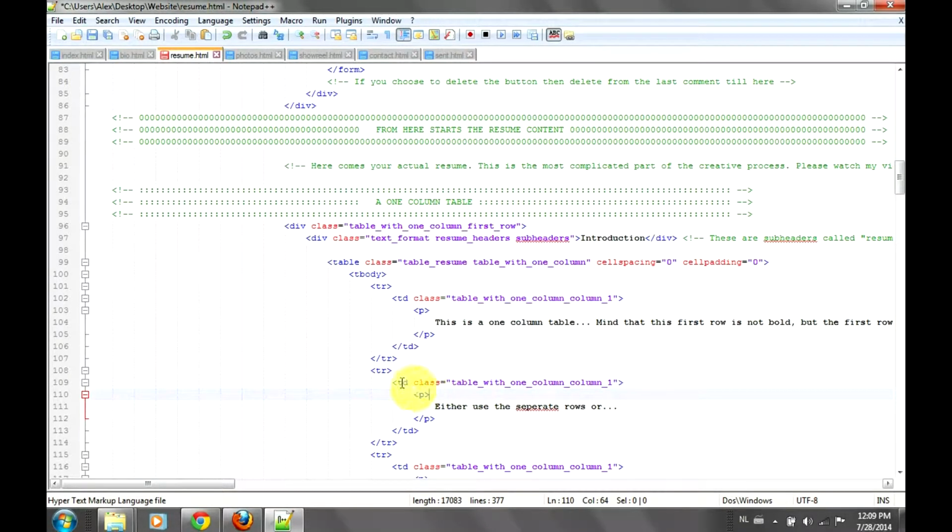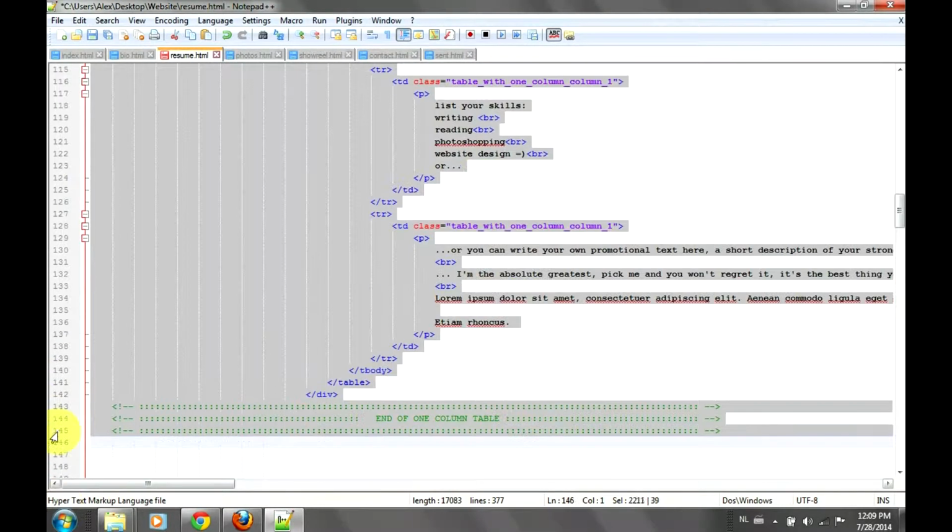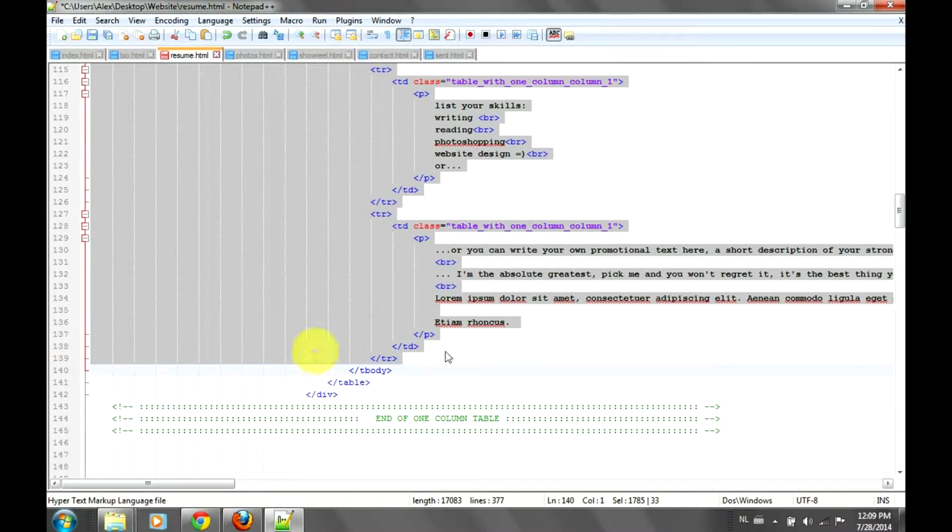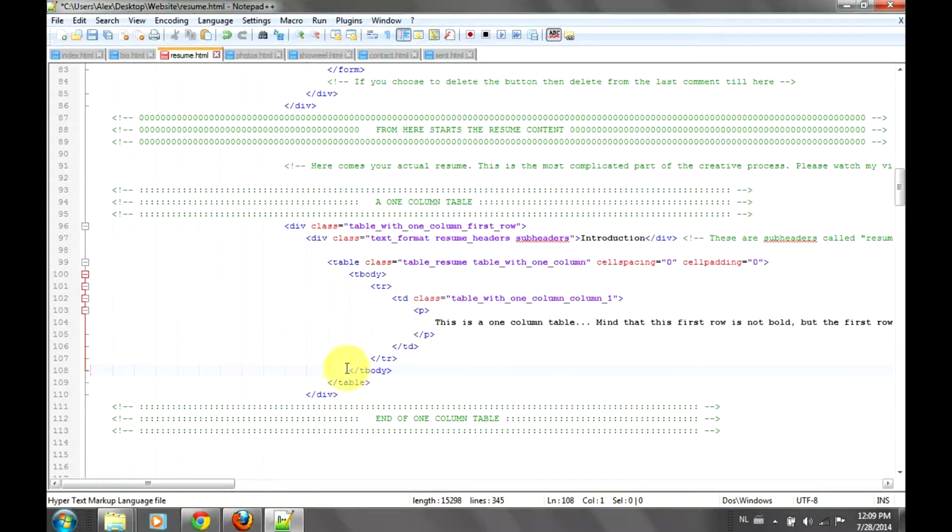What I'm gonna do is I just want one row and not multiple. So from this tr until the last tr, here it is. You see, here's the last tr. I'm gonna delete this and take care that this part is still there because it needs to close the table. Now I'm gonna